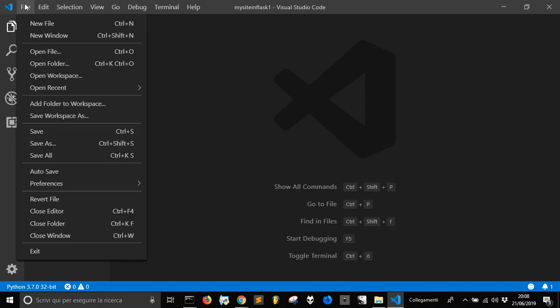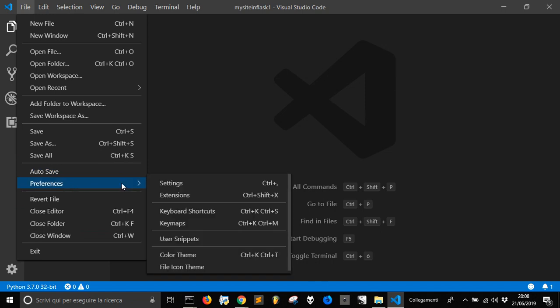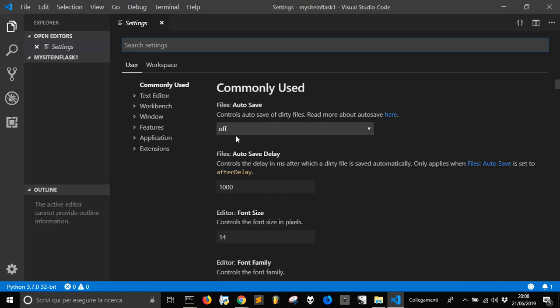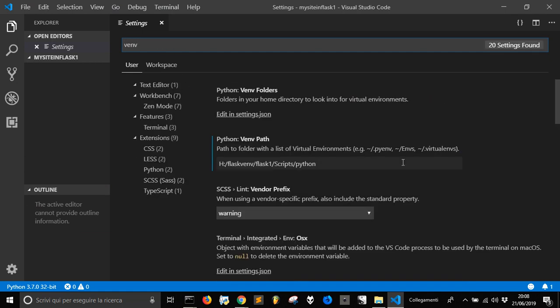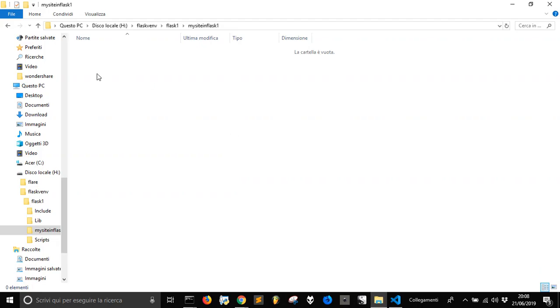And so if you don't have that in the way that I made you see, go into the preferences, into settings, and now go here and write venv, and you see that here I've already written my directory here, but